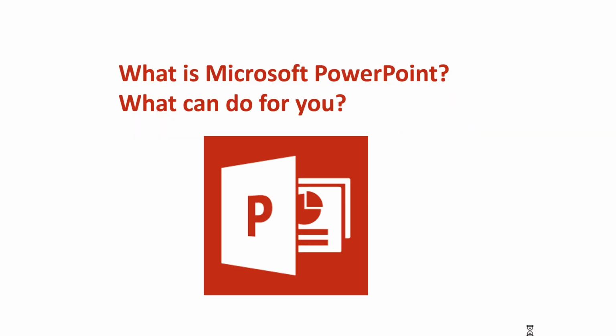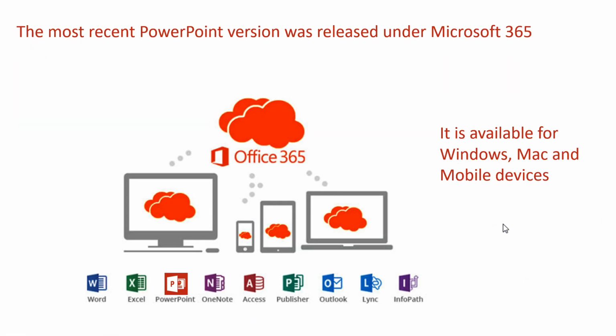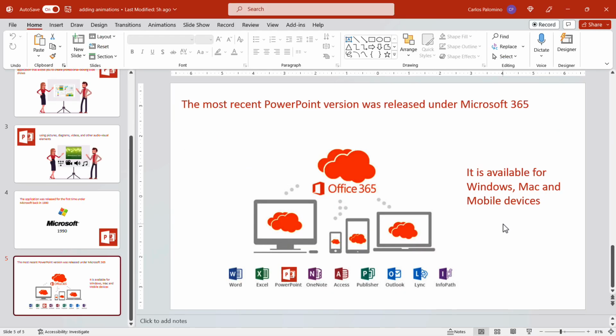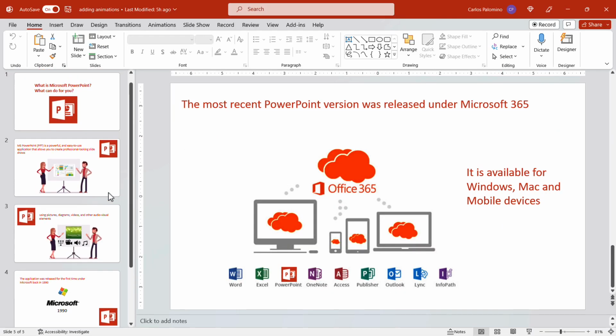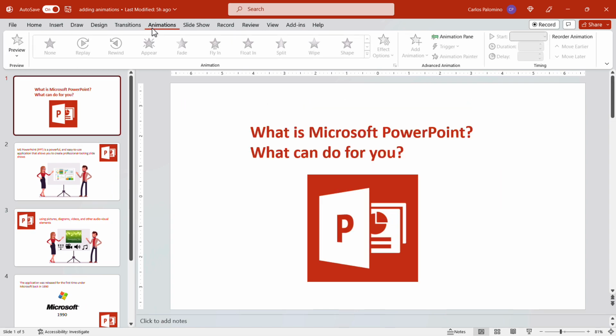Click on the slideshow mode and scroll down. As you notice, there is not much difference moving between slides on normal view versus the slideshow, other than going to full screen. Click Escape to get out of the slideshow and go to the first slide. Go to the ribbon tab, Animations, and here we have the Animations bar, the Effects options, then Advanced Animation and Timing. All of this is grayed out until an element is selected.